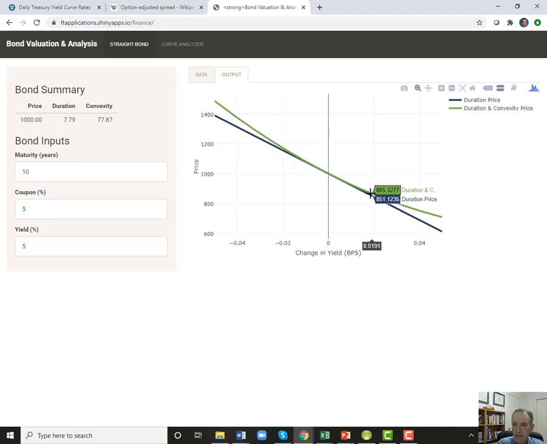What that means is its bond price actually does better than what duration represents. So the difference here, because the green is much better than the blue in all cases, whether rates fall or rise, the green is higher than the blue. That's positive convexity.